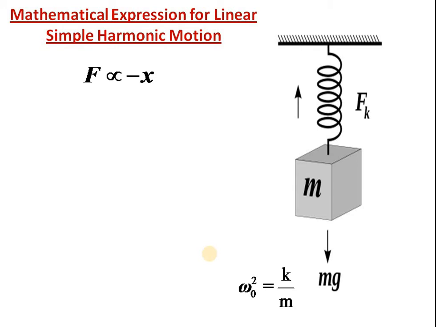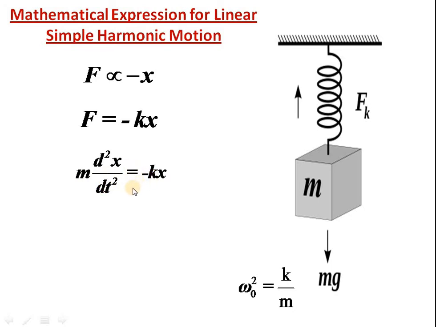So here what we are going to see is we will find out the requisite differential equation for the simple harmonic motion. Okay, that is our purpose. So we have already F is equal to minus kx, and you know F is equal to mass into acceleration, and acceleration can be written as the second derivative of displacement. So m d²x/dt² equals minus kx.